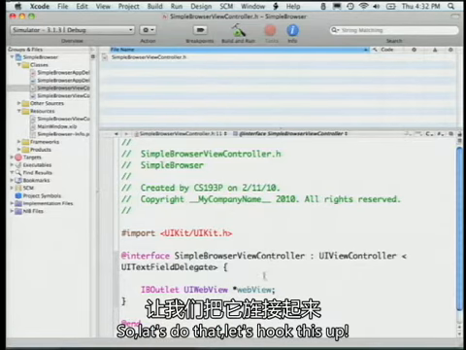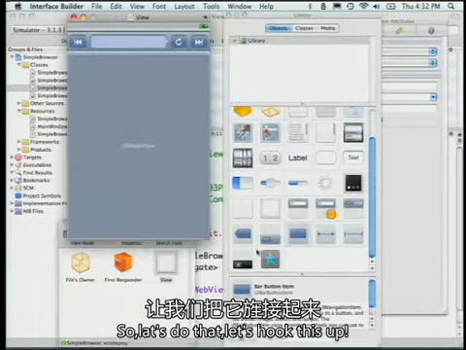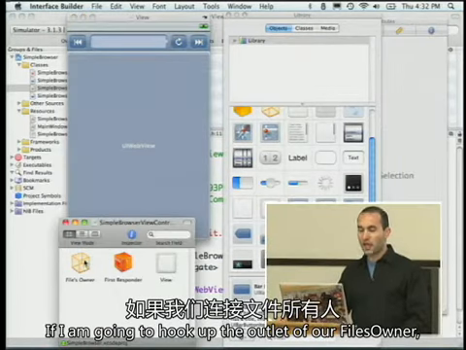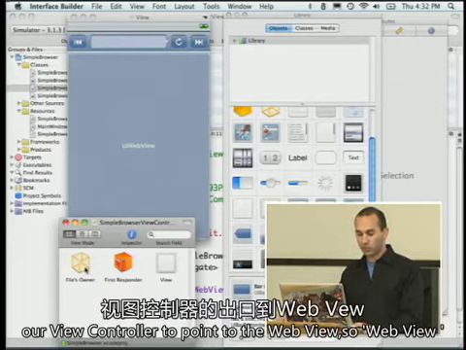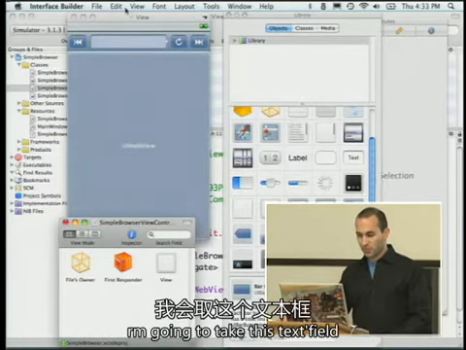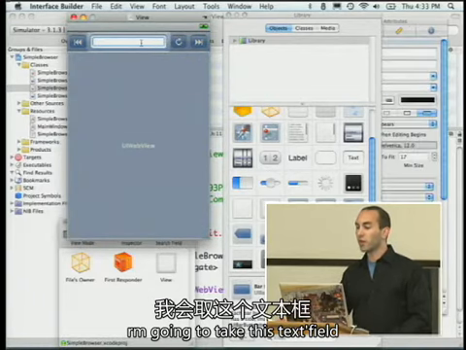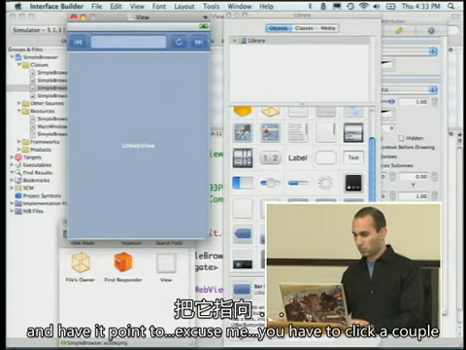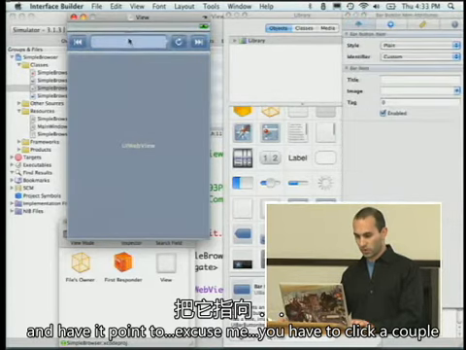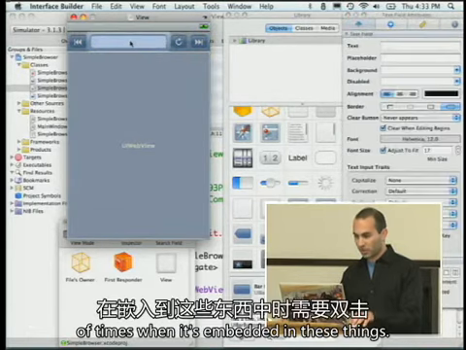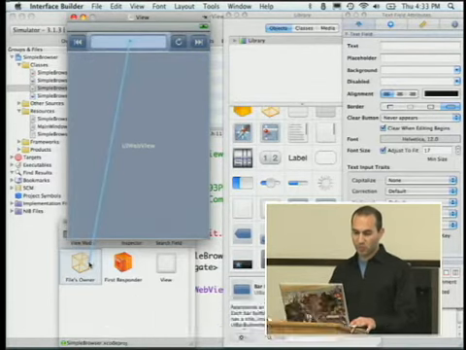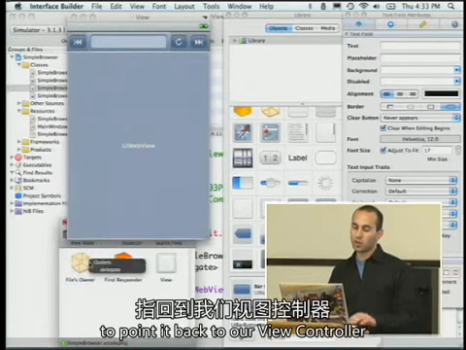So let's do that. Let's hook this up. So back to our nib. I'm going to hook up the outlet of our file's owner, our view controller, to point to the web view. So web view. And I'm going to take this text field and have it point to, excuse me, you have to click a couple times when it's embedded in these things. We're going to take this text field and point it back to our view controller